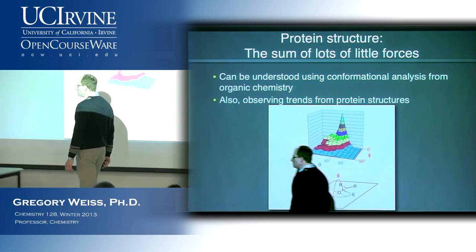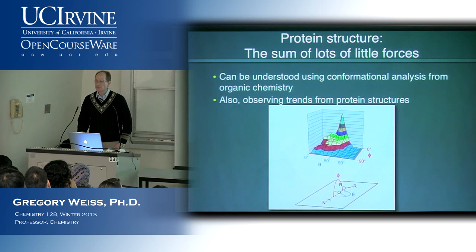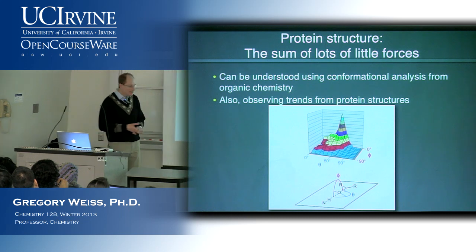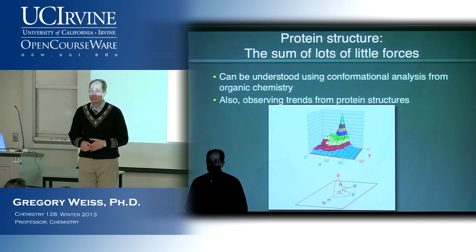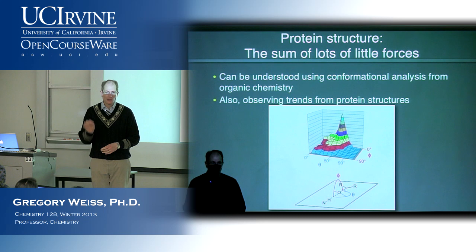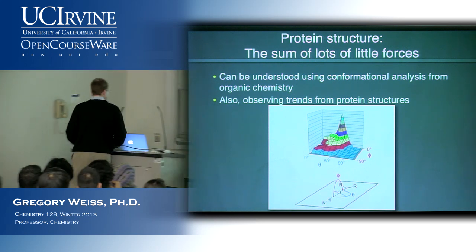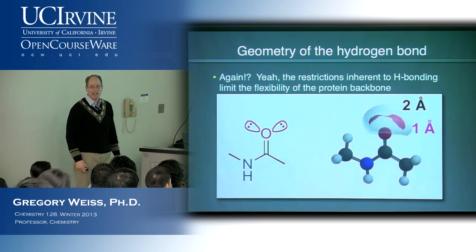So yeah, there's going to be some dominance of one particular conformation, but for the most part, there's also some other rotations that are possible. The goal, again, though, is for you to be able to predict what that dominant conformation is going to be. And it turns out that just using exactly what you learned back in sophomore organic chemistry, you can make predictions about what the amino acid side chains are going to look like. And then in turn, we can start to understand how proteins can fold into particular conformations. Okay, that's our goal. Let's talk first about the hydrogen bond.